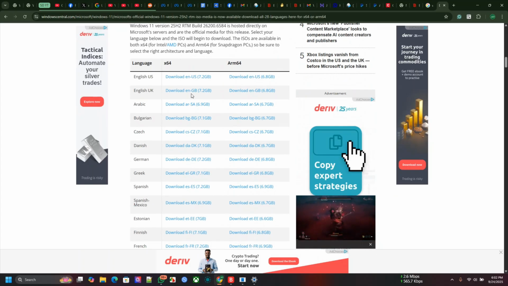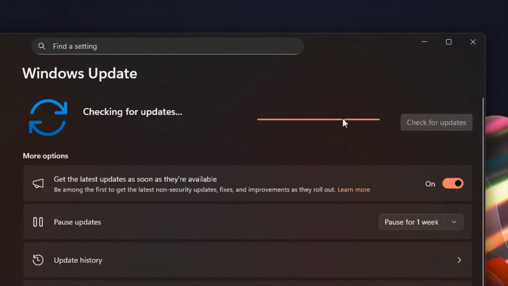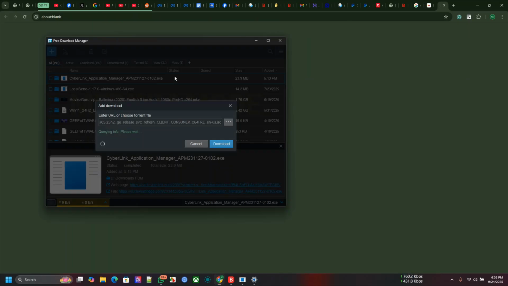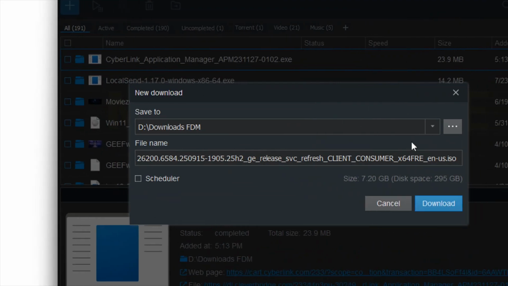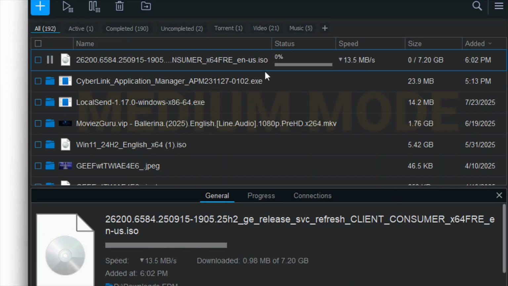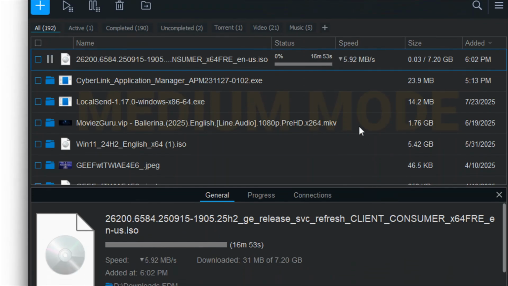You can go to your system and check for updates, but it's not going to show up. It starts coming out from October, when you start seeing the updates. So we're going to download that ISO straight from there. There are over 38 languages, so it's available in every language. And it's a multi-pack, whether you're on Windows Home, Windows Pro, whichever one you are on, it will be able to install and update to the latest Windows 11